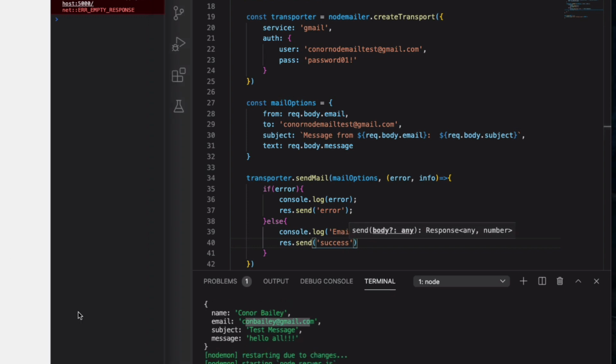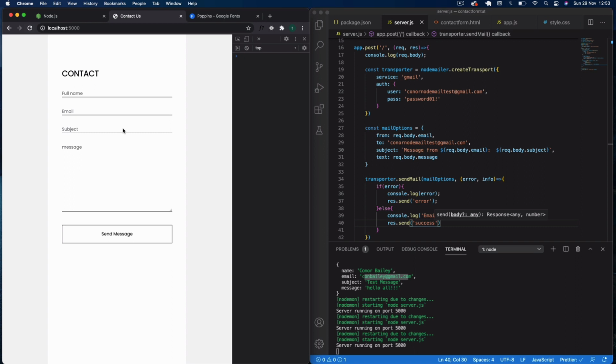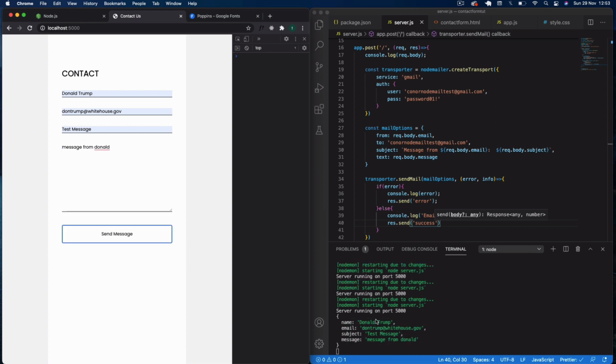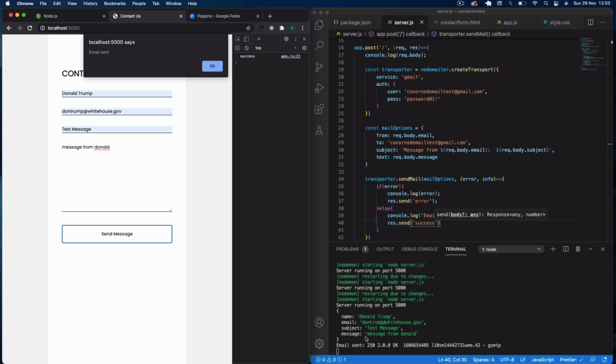So now if we come back here, if we just type in these details again, actually let's use a Donald Trump. I'll say Donald Trump. Do this fake White House email. We'll say test message from Donald. Then if we send that, you can see we get this in here,